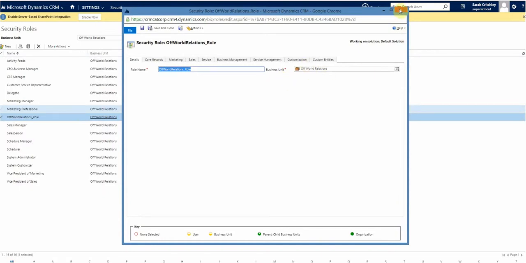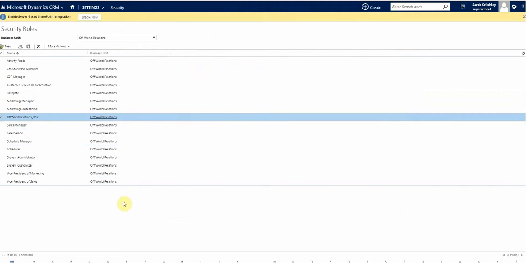So this means that any user that is at the root business unit doesn't have access to this role. They only have access to those that are at the root level, and that's what I mean by the double